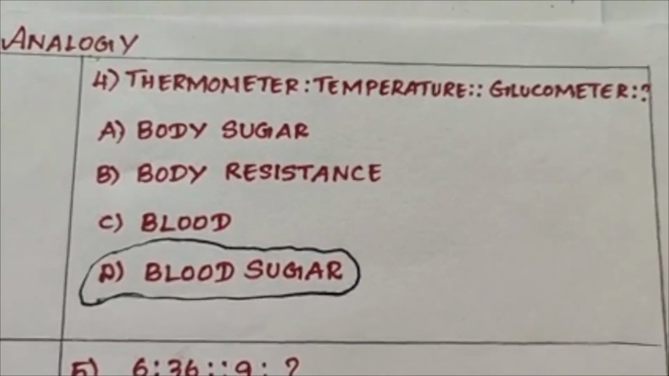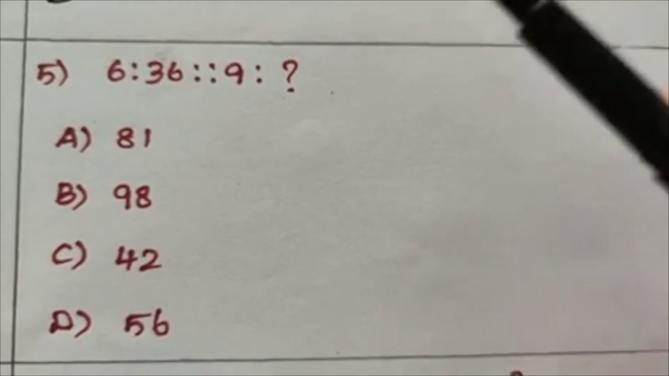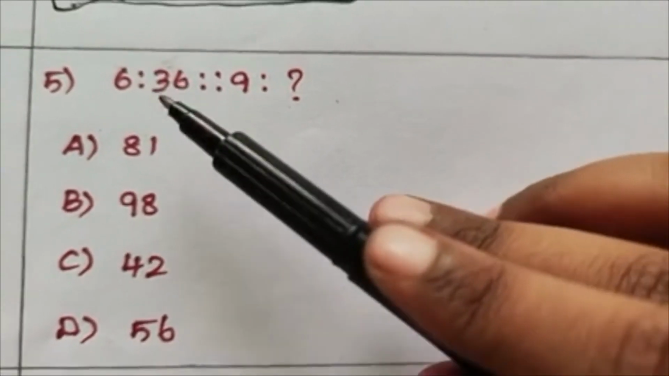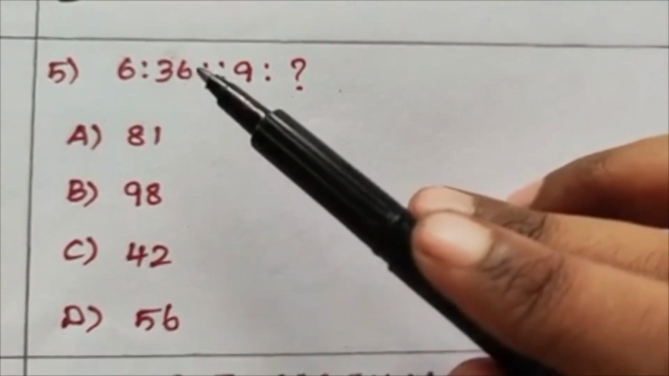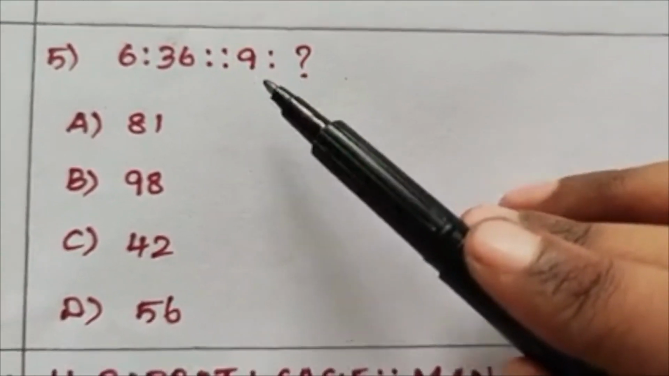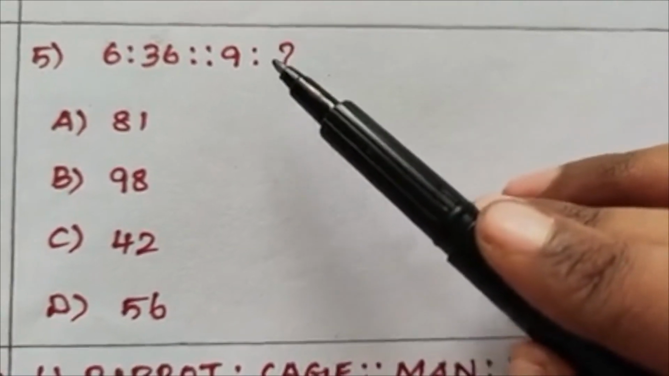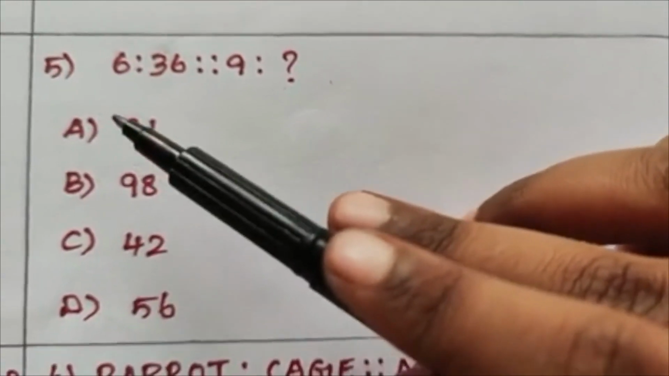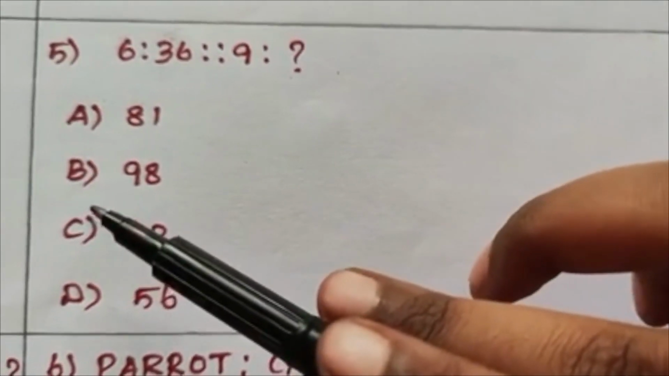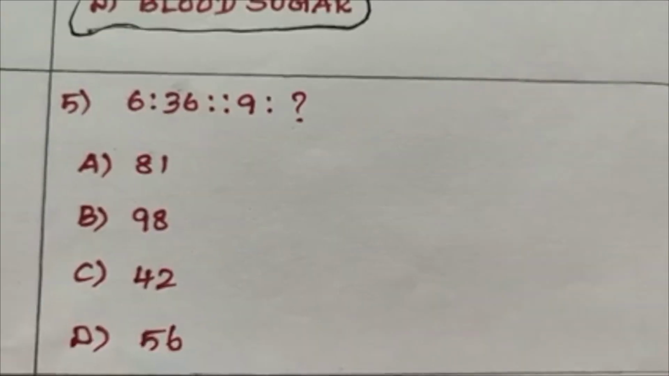Next question. Question number 5. 6 is related to 36. In the same way, 9 is related to what? Option A, 81. Option B, 98. Option C, 42. Option D, 56. Okay, here